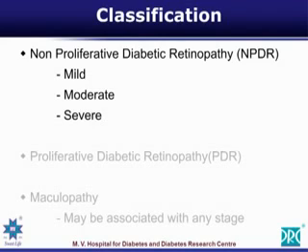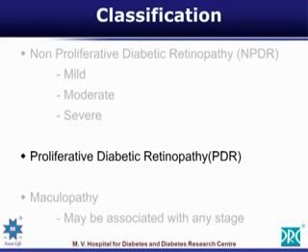The earliest problem that affects the retina, we will call non-proliferative diabetic retinopathy, where the earliest features of diabetic retinopathy start to be visualized in the retina. The next progression in diabetic retinopathy will be proliferative diabetic retinopathy. When proliferations, which can be vascular proliferations or glial tissue proliferations, start occurring in the retina, we will call it proliferative diabetic retinopathy.